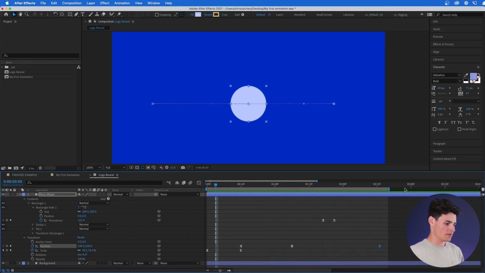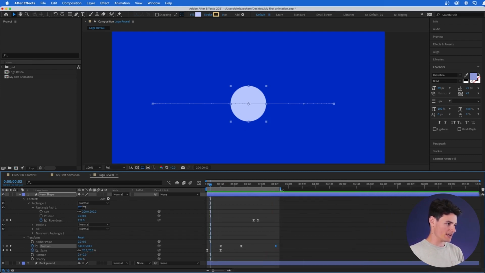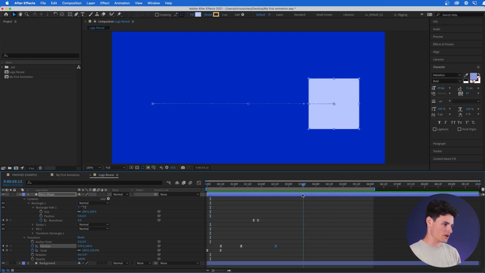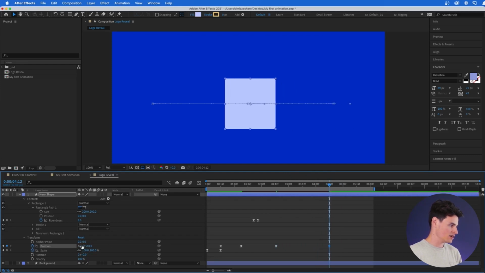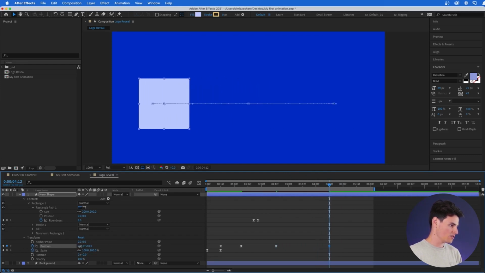All right, now that our motion is cleaned up a little bit more, let's figure out how to reveal our logo. The first thing we want to do is we want to animate our box so it goes back to the other side. So there's this back and forth motion, because as it slides back to the other side, it's going to reveal your text or your logo, whatever you want it to reveal. I'm going to go to maybe 4.5 seconds here and drag the X position of our box all the way